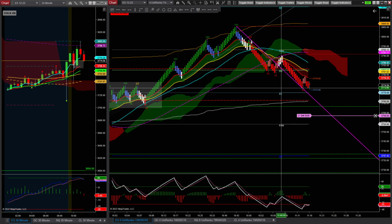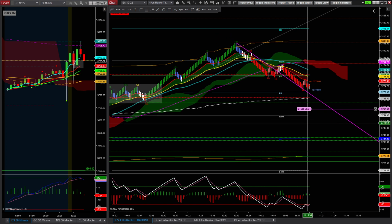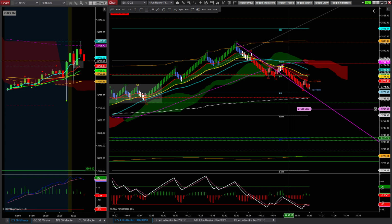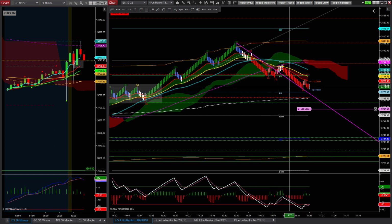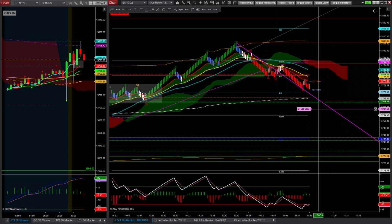Let's see if we have an opportunity to enter here. I don't really like it. I would like it to go through this area and then probably move to R1, or even to the pivot here. And we do have here the VWAP standard deviation down below right here. So